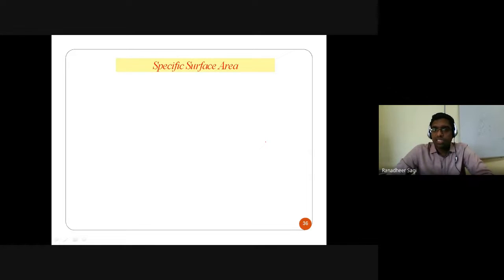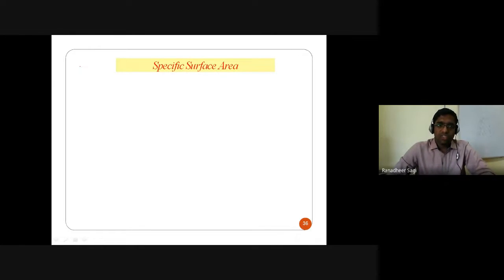So in today's class, we'll start with what is called specific surface area. In the last class we already had an idea of what is meant by specific surface area, so let us try to understand it in a little more detail. Depending on the size of the particle, how is the specific surface area of the soil mass changing, whether it will increase or decrease? And out of those three minerals we talked about in the last class, in which case the specific surface area is going to be higher, is what we'll once again discuss.